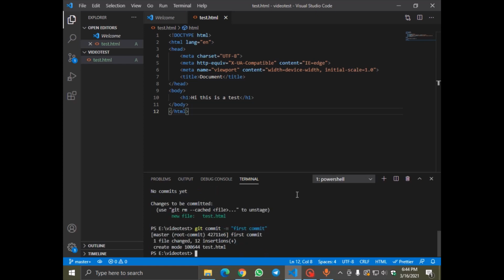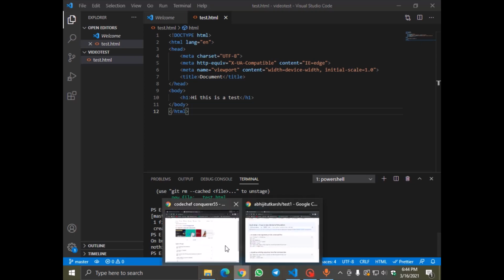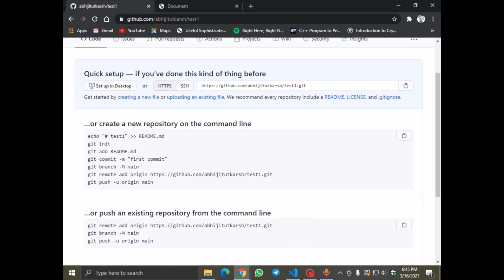Just enter, and here it has been committed. Let's see git status now. Here git status, enter, and nothing to commit. Now the next step is to push the file inside the repository. So the next step is to branch. We should go to the git branch main. Okay, let's copy it and